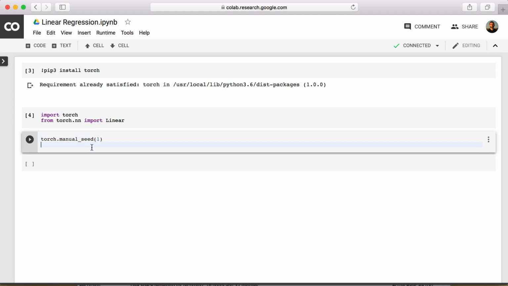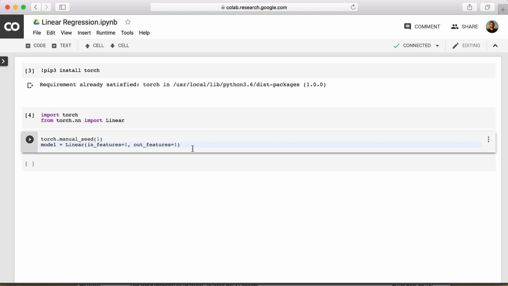All right, let us now construct our linear model with model equal to Linear, and it will accept in_features equal to 1, out_features equal to 1. What this means is that for every prediction that we make using our linear model, for every output, there is a single input. By creating this object, we've created a linear model, and we can determine the parameters